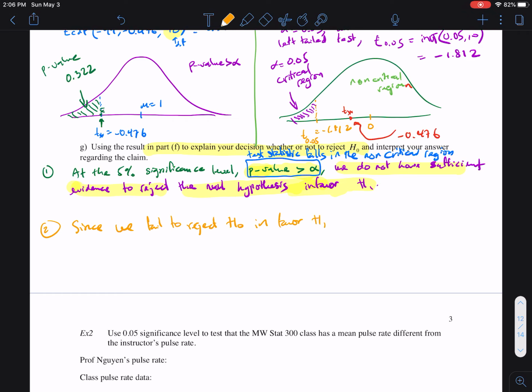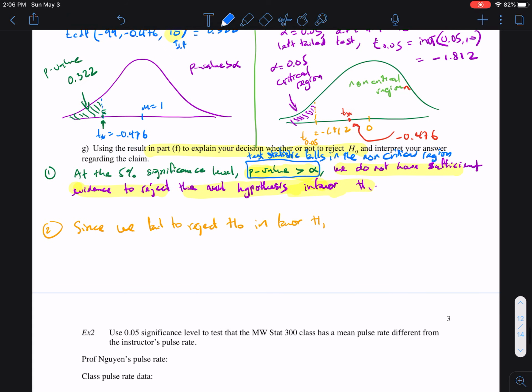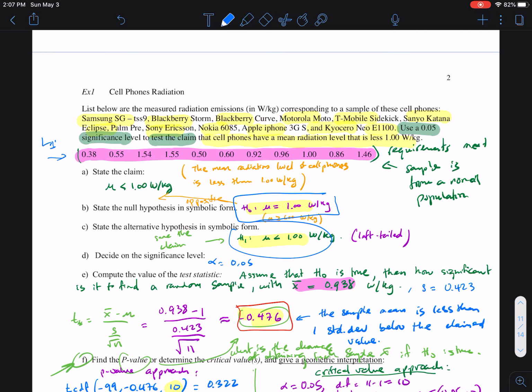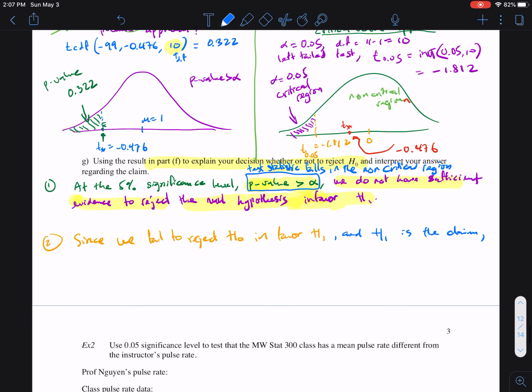So this means we don't favor the alternative because we fail to reject the null hypothesis. Since the alternative is the claim in this problem, the alternative is the same thing as the claim. Because we don't support the alternative and the alternative is indeed the claim,